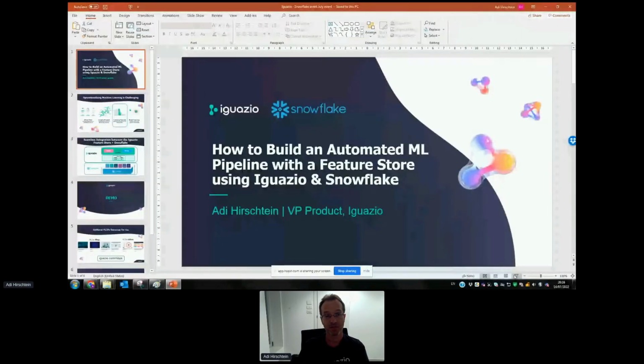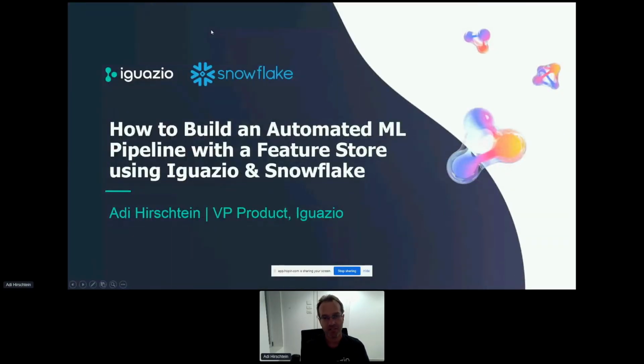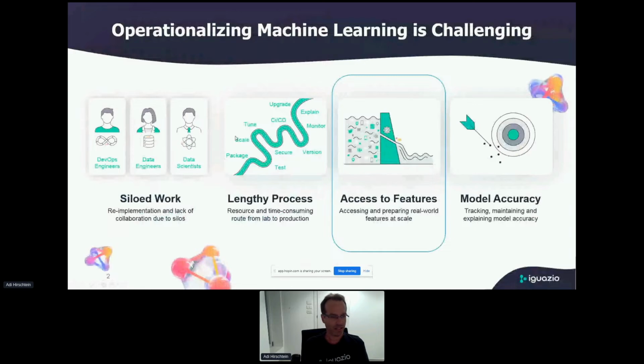Today I'm going to talk about building an automated machine learning pipeline with Iguazio's feature store and Snowflake. Now, before we dive into the actual solution, feature store, and Snowflake, I want to talk a little bit about